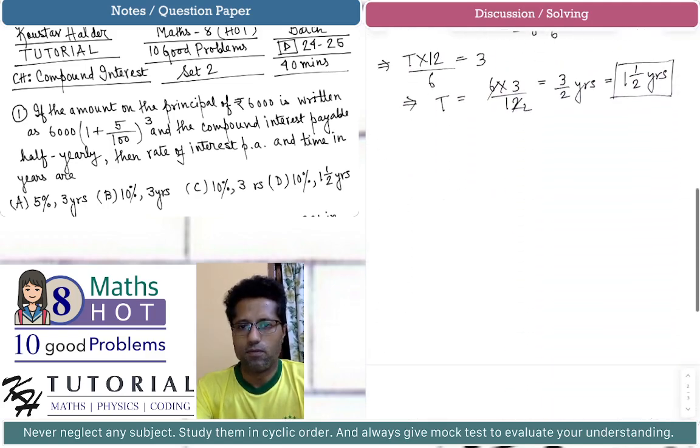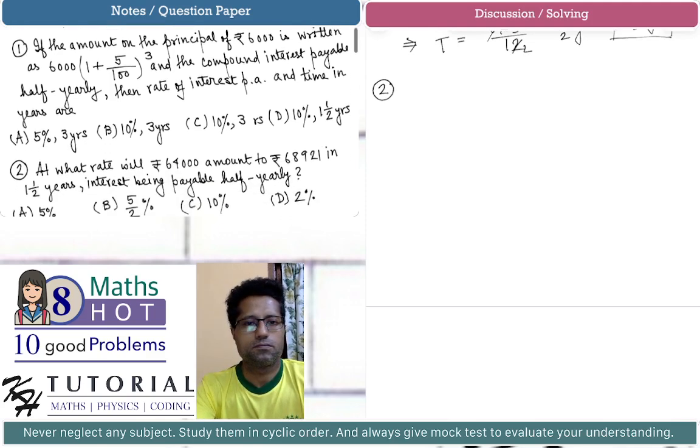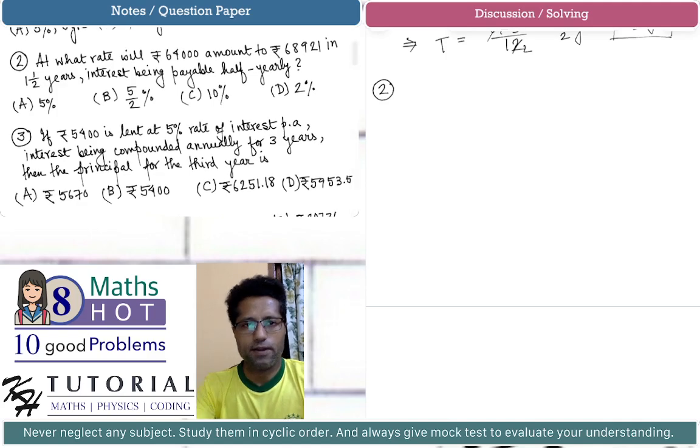Okay, let's do problem number 2. At what rate will rupees 64,000 amount to rupees 68,921 in 1.5 years? Interest being payable half yearly. So the principal is given to be rupees 64,000 and the amount is given to be rupees